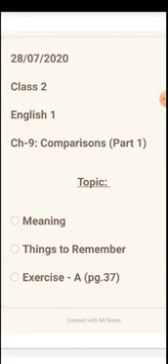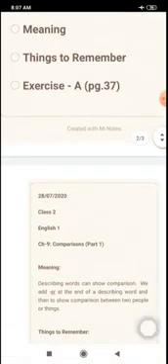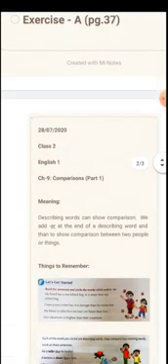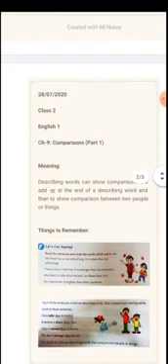Okay, so the meaning for comparisons we can describe like this. Describing words can show comparison. We add er to the describing word.